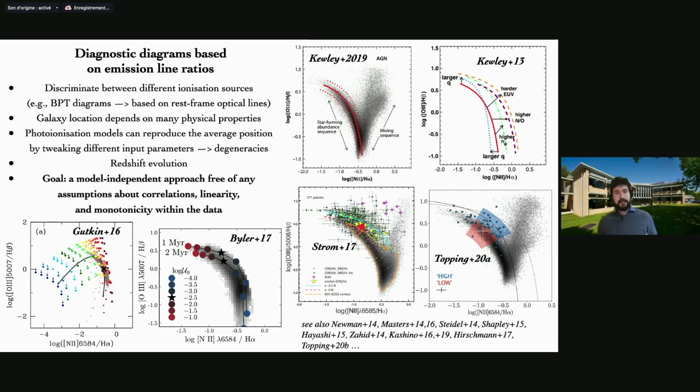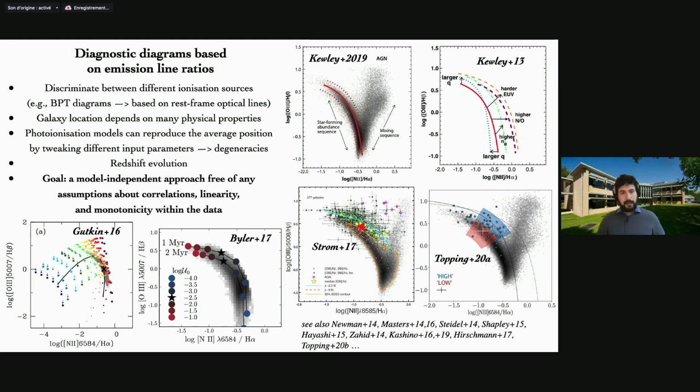Moreover, it has been clearly seen in the last decade that galaxies at high redshift behave quite differently when plotted onto these diagrams with respect to their local counterparts. They show, for instance, a clear offset from the median position of the galaxies in the local universe in the N2-BPT, which is the BPT diagram based on the oxygen III over H beta and nitrogen II over H alpha emission line ratios.